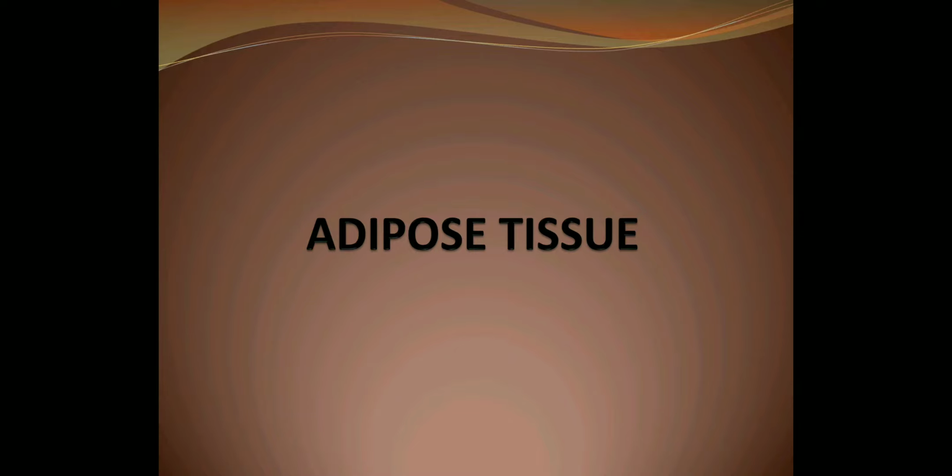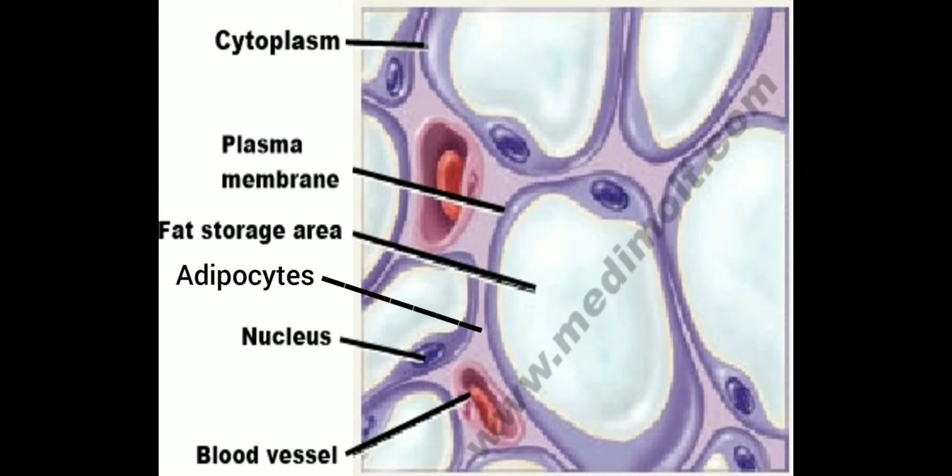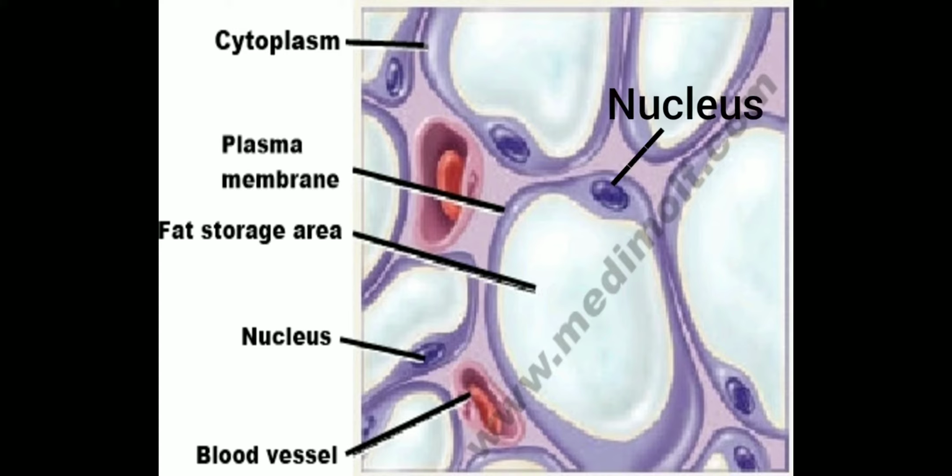Now, in this tissue, you will find there are a large number of adipocytes. Adipocytes, that means fat cells. And here the cells are rounded or polygonal. The nucleus is shifted to the periphery because fats are stored in the cells in the form of droplets, and these fats push the nucleus towards the periphery. Here you will find the matrix is less, and fibers and blood vessels are also few in number.